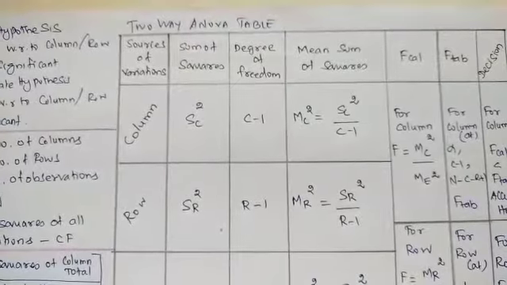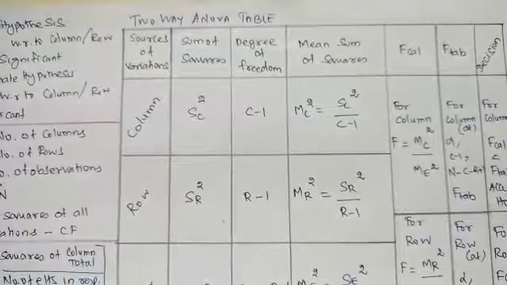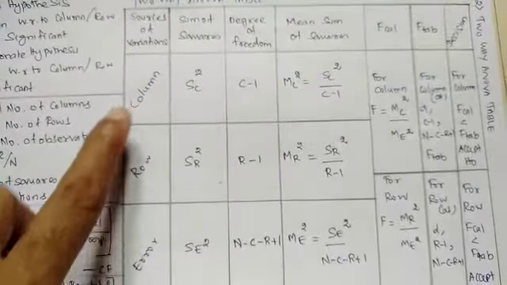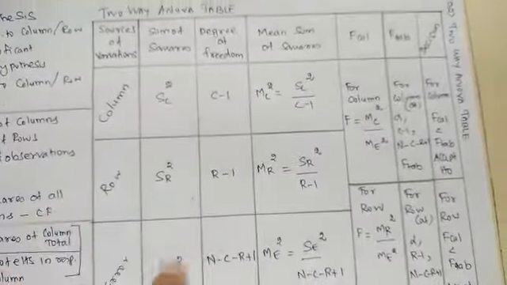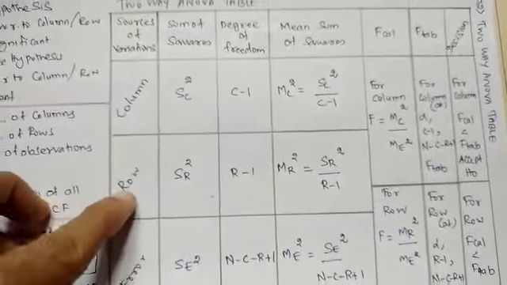In one-way ANOVA, column is the only factor, and then we will find the statistical error. Based on that we will compute. Here, two-way classification, so there will be two factors. One is column, another one is row. Corresponding statistical error will be there. Based on this we will do. So that means here we are going to do two conclusions. One is for column, one is for row.